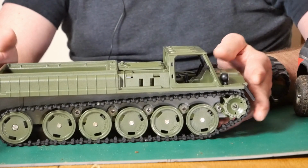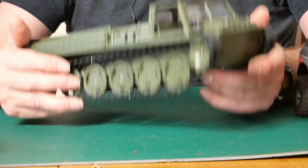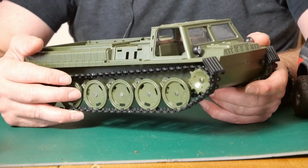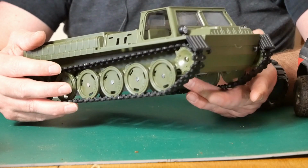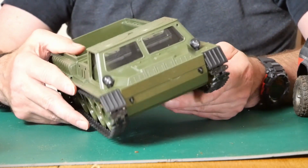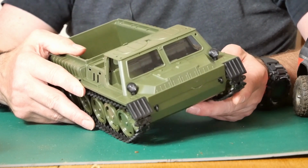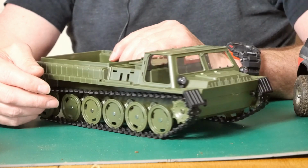But there you go. I like it. I think it's pretty cool. And you know how much I paid for this? £51 delivered halfway around the world to the UK in about a week. So, you know, WPL have their knockers, right? Am I allowed to say that? It's been a while. They have their haters, but